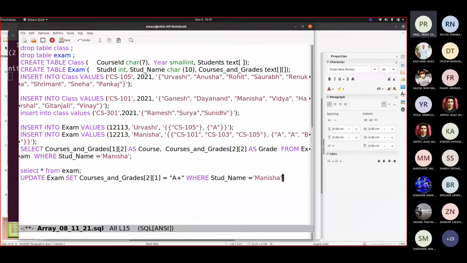I have taken the column as courses and grades.